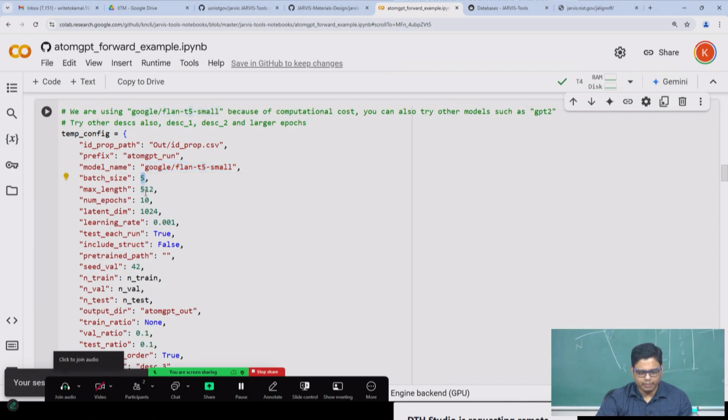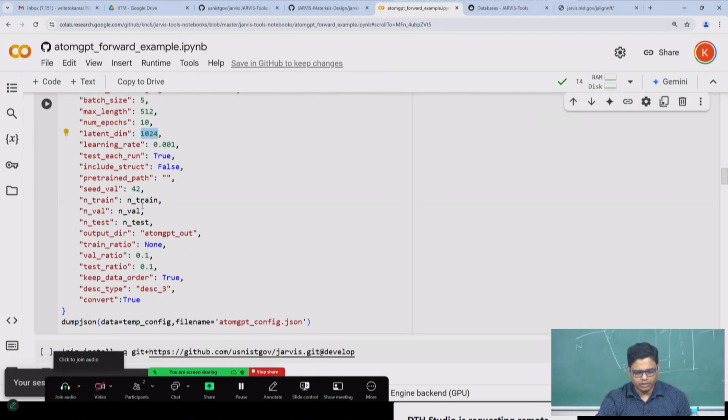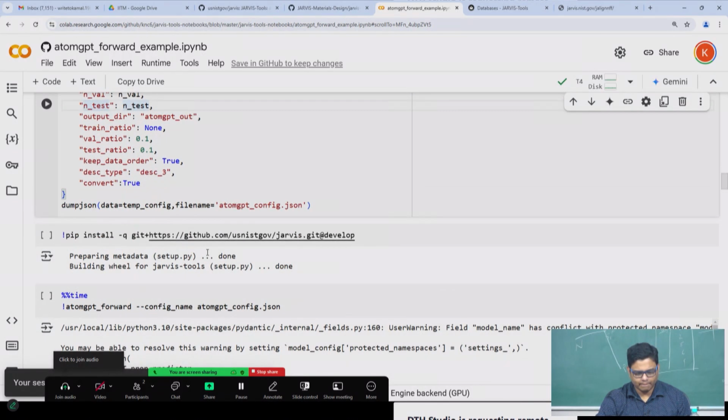These are some hyperparameters. I think this is when you write sentences about each crystal structure, what's the maximum length to take from that, if I remember correctly. Latent dimensions: once you write the text, you'll tokenize it, and then you have a hidden dimension. That hidden dimension size is 1024. How many training, testing, and